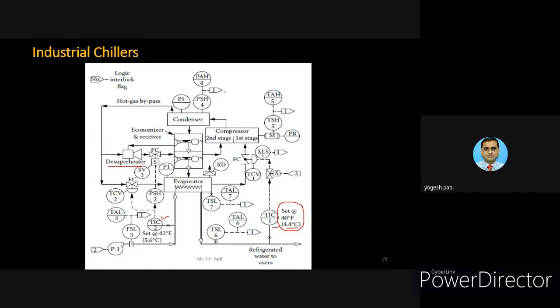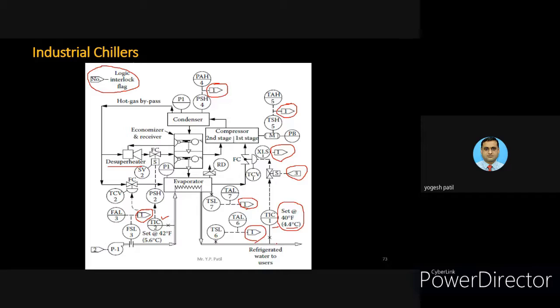Okay, so now what I want to say is that there are three types of interlock. The meaning of this particular symbol is interlock. So I can say this is also interlock 1, this is also interlock 1, and mainly interlock 1 is shown in this diagram. You can see here there is a logic for this particular interlock. One interlock is mentioned here, that is interlock 3, and a total of 3 interlocks are there in this particular chiller control: 1, 2, 3.